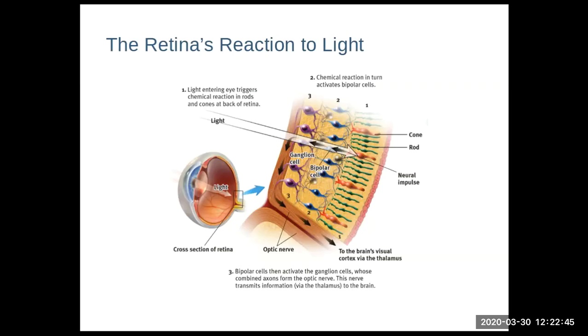From the rods and cones, that chemical activates the bipolar cells, action potential, and then those chemicals are given to the ganglion cells. So the rods and cones send their information through the bipolar cells to the ganglion cells, and it is the axons of the ganglion cells that send that information from the eye to the brain. When they do that, it goes down the axons of the ganglion cells, which come together to form the optic nerve, and the optic nerve leaves out of the blind spot, because it's axons, not cells, as it goes to the brain out the back of the eye through the optic nerve.